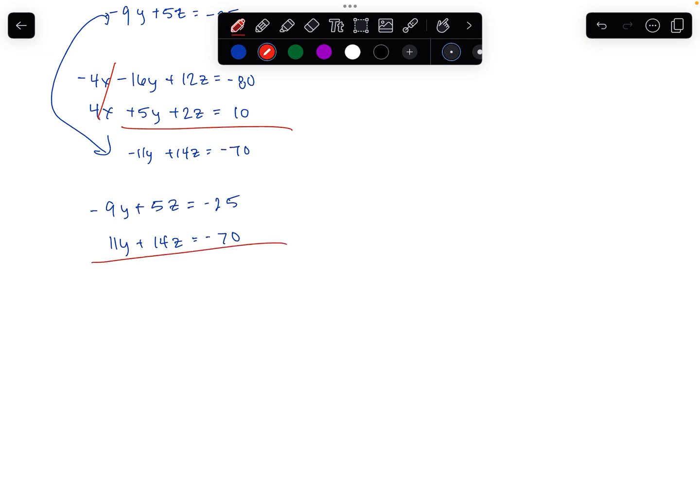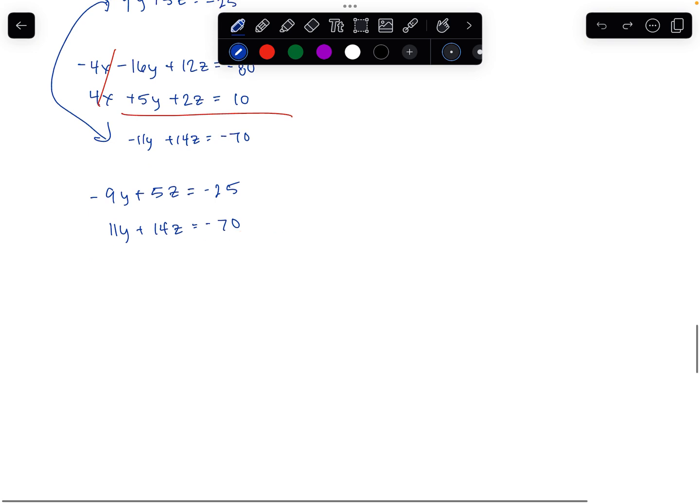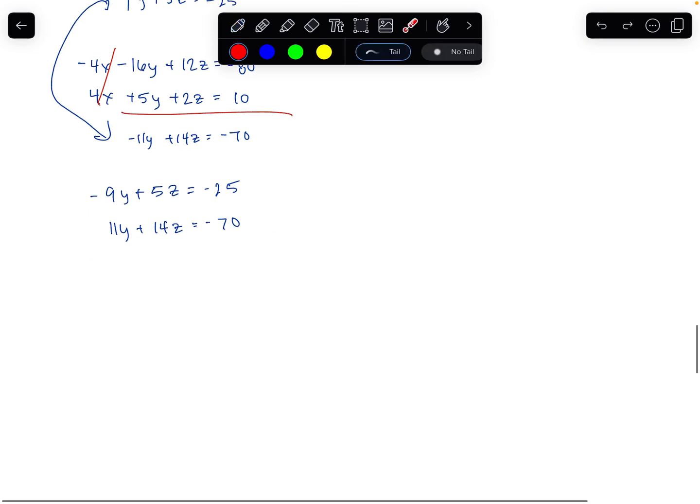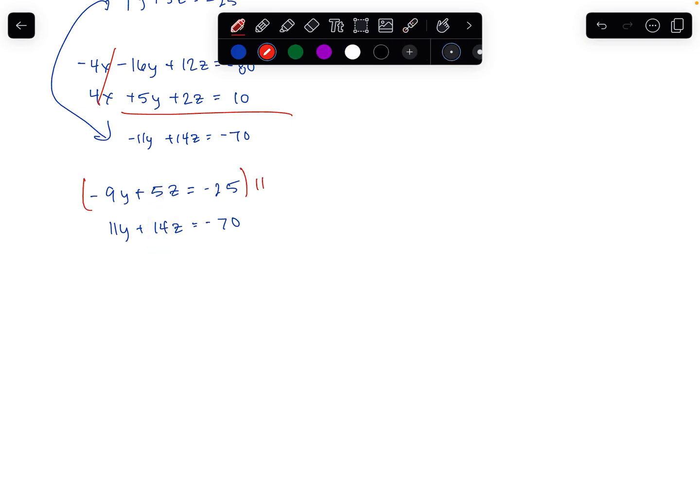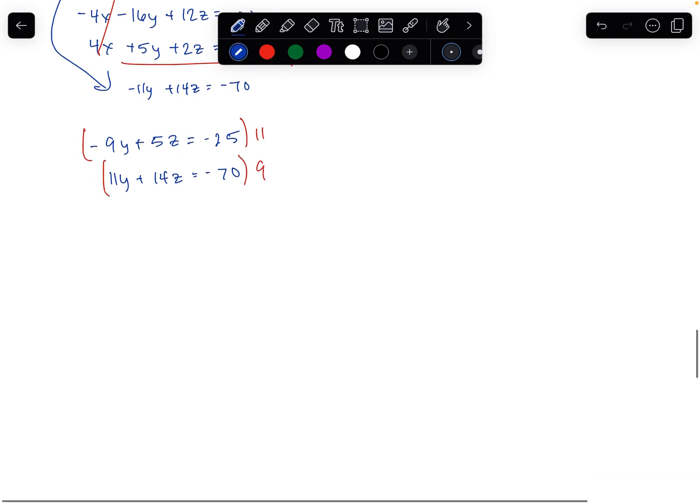Let's add these together. We can't add them together. What am I talking about? We have to, oh my goodness, these numbers are going to get way worse, guys. Whew. We have to get these to be the same. This is looking bad. I'm going to multiply this by 11, which is unfortunate, and multiply this by 9, and I'm going to get rid of my y's. So that's negative 99y plus